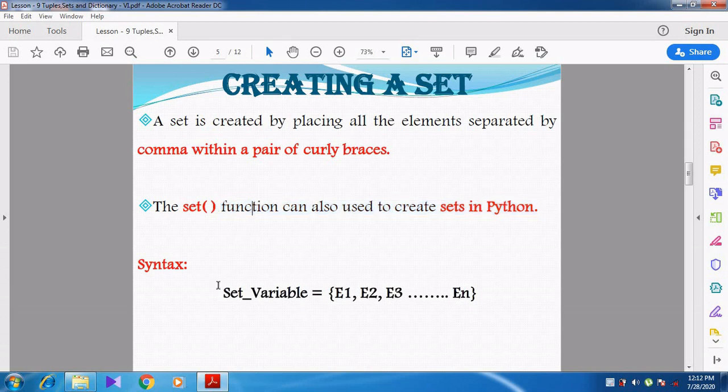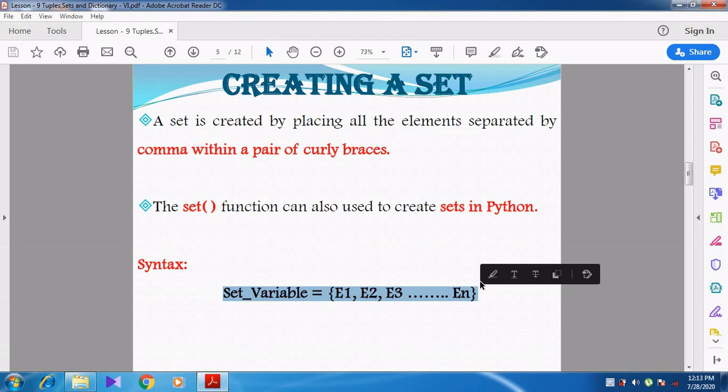We can simply create the set using the syntax: set variable equal to element 1, element 2, element 3. Like that we can give up to n number of elements. All the elements should be separated by commas and given within curly braces.